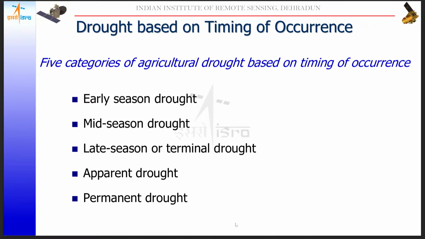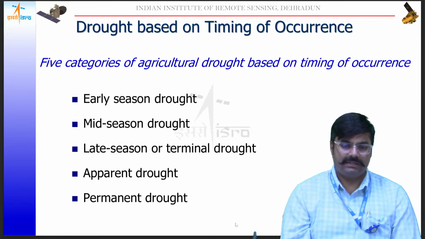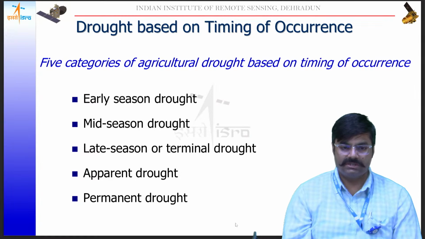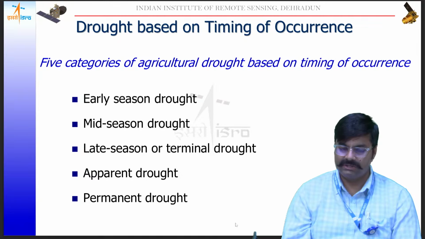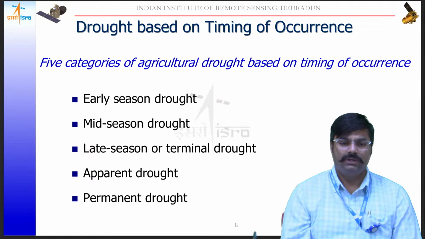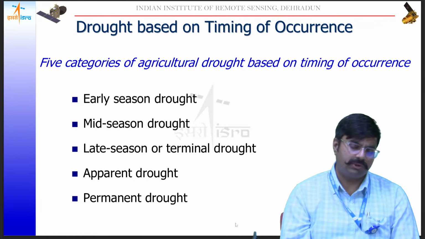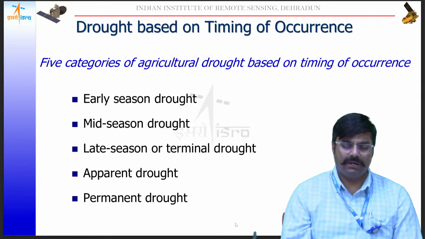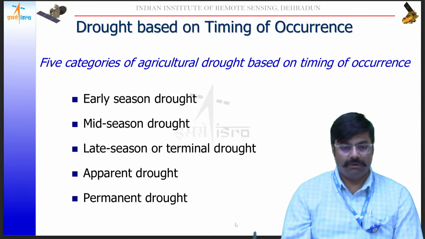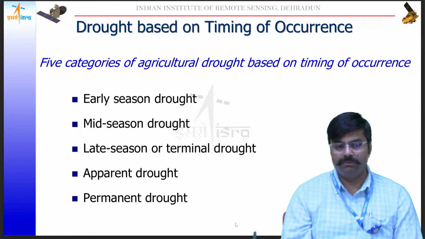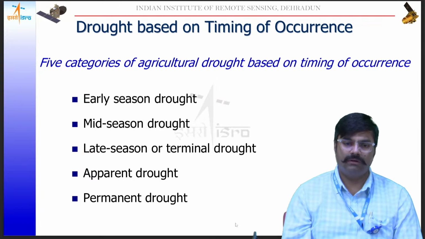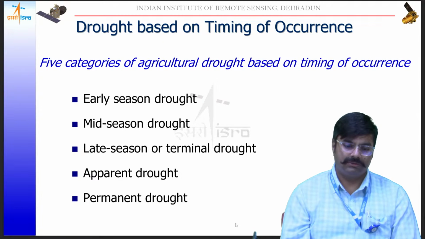If the drought condition, the deficiency of water, comes in the early season, or the start of the season, it may significantly impact germination. If the condition continues for up to a fortnight or more, there may be higher mortality, or resowing of the crop in the particular area or field. In case of mid-season drought, if water is not available when the plant is at the peak vegetative growing stage, and during the transition from peak vegetative to reproductive phase, there is also a significant impact on crop yield.